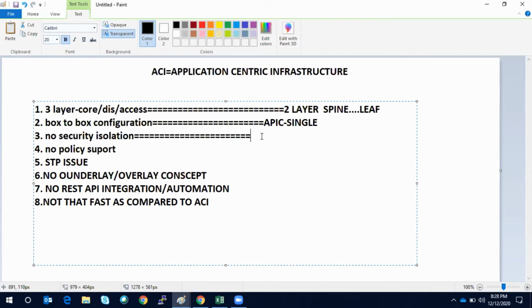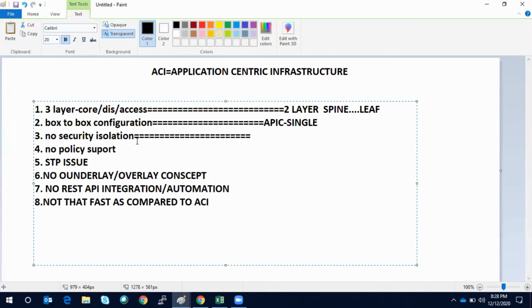But in traditional networking, what happens? Everyone is allowed until you blacklist them, until you create some configuration with a deny statement. So compared to traditional, this is very secure, because you are logically creating segregation, and you also have this whitelist model where you have to first allow, and only then will the communication happen. So it's very secure. Now, policy support.